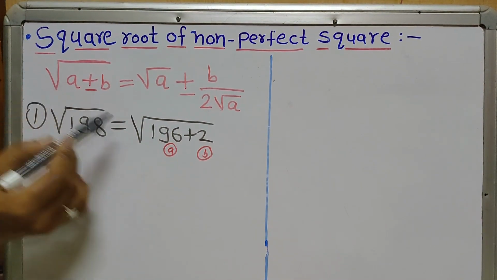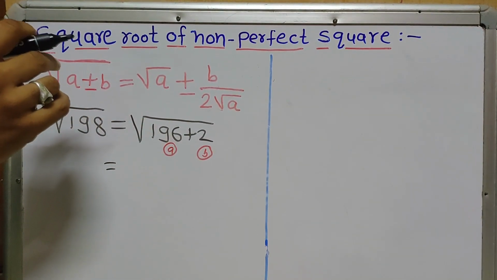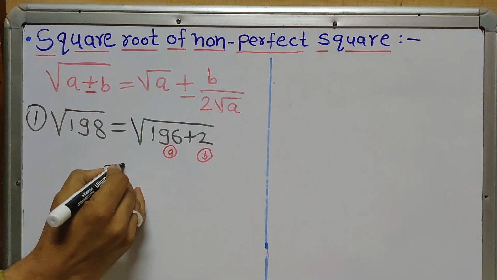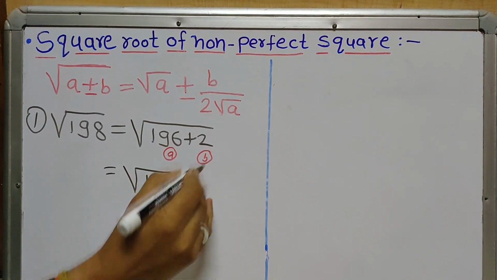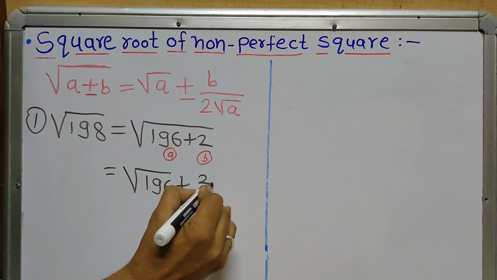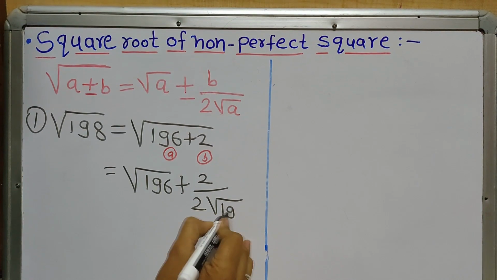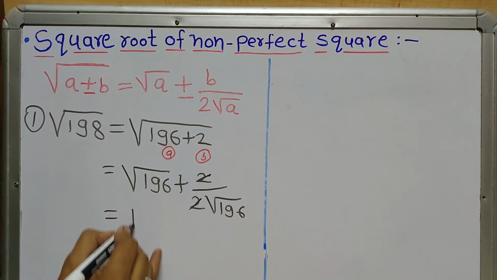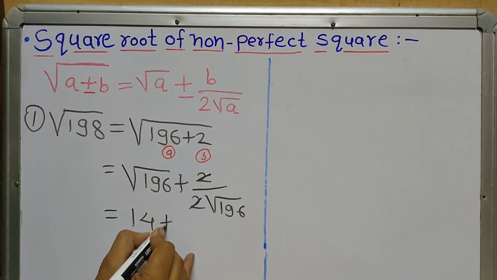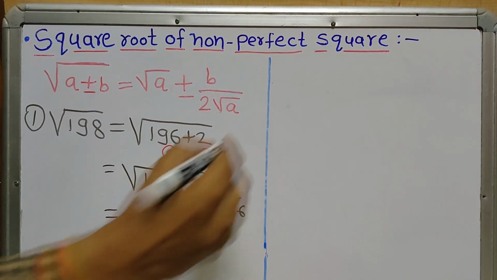So by this formula, square root of a plus b, we write square root of 196 plus b, which means 2 upon 2 root 196. Here the 2s get cancelled, leaving 1 upon the square root of 196. The square root of 196 is 14, so 14